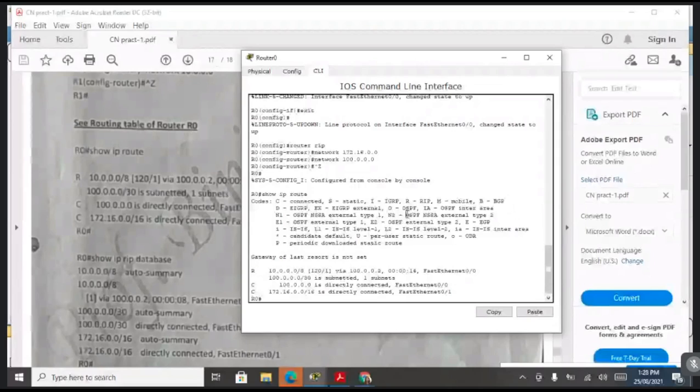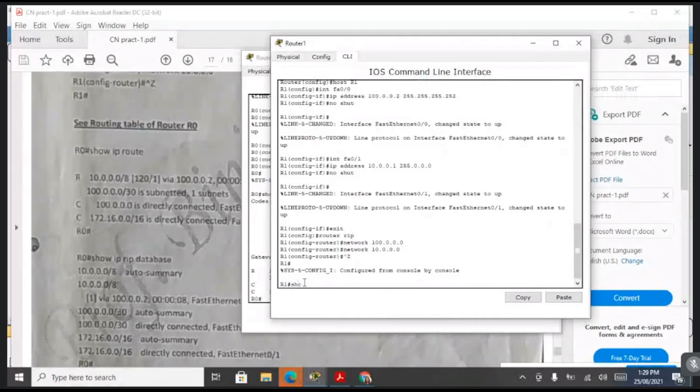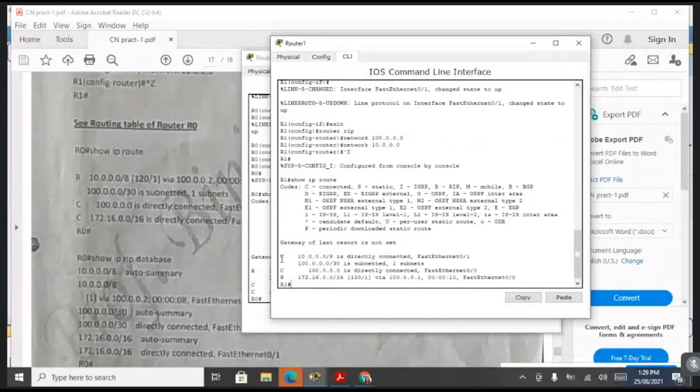Okay, so our connection, that is routing protocol, on 10.0.0.0 via 100.0.0.2. And the connection we made, that is FastEthernet 0/0 and FastEthernet 0/0, this connection has come. Now this is on R0. Same way you can display on R1 also. Show IP route on R1. So it will show you C connected, and R stands for RIP. So 172.16.0.0 via 100.0.0.1.